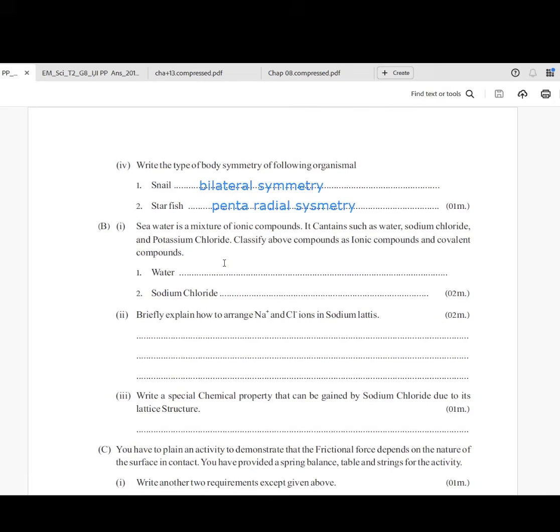B part, Roman number 1. Seawater is a mixture of ionic compounds. It contains water, sodium chloride, potassium chloride. Classify the above compounds as ionic compounds and covalent compounds. Here, water is a covalent compound because it contains hydrogen and oxygen, both nonmetals. Sodium chloride